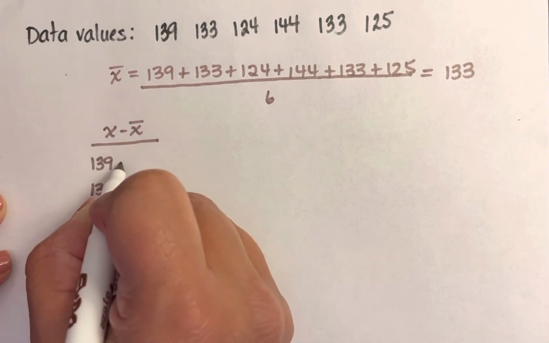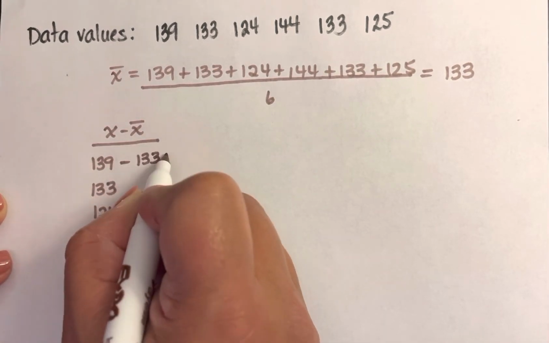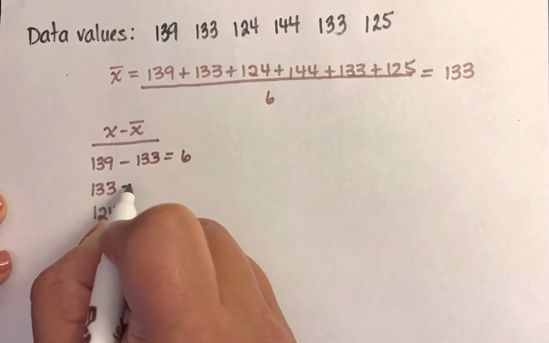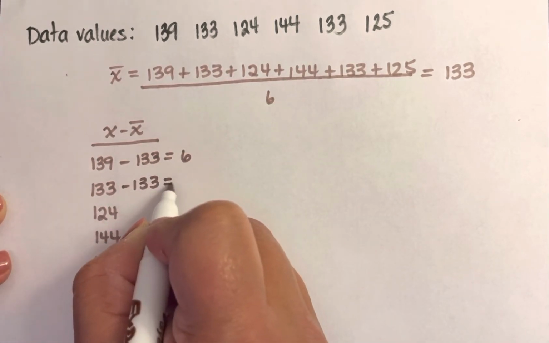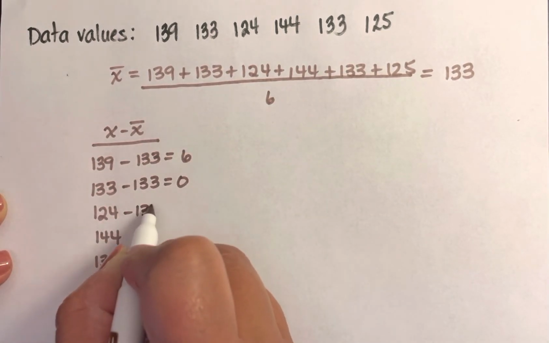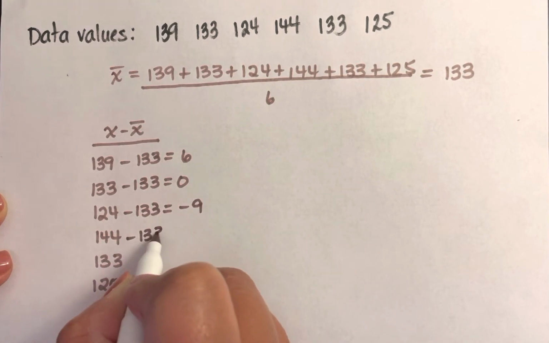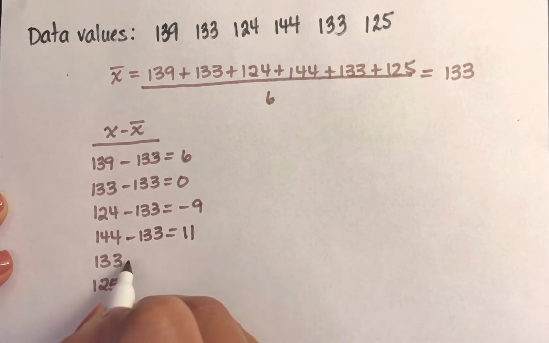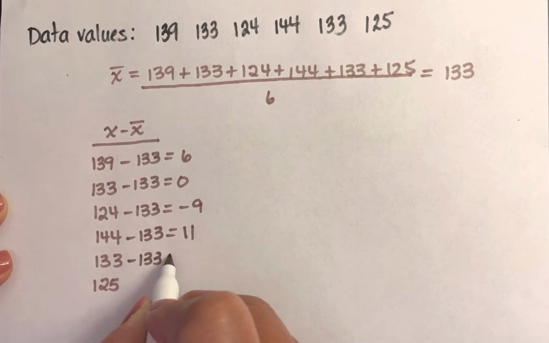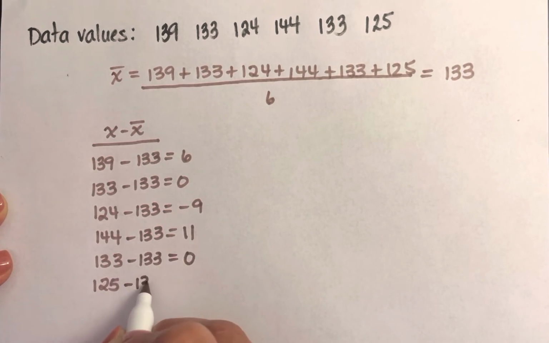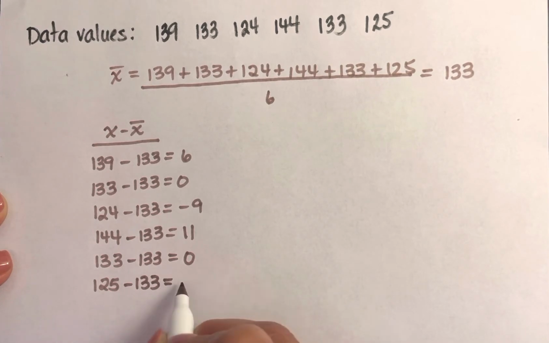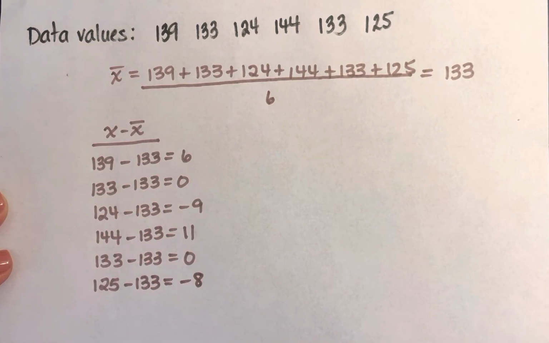And then we're going to subtract the mean from each one of those values. So you're getting the sense that we're looking at distance from the mean, distance from the center as determined by